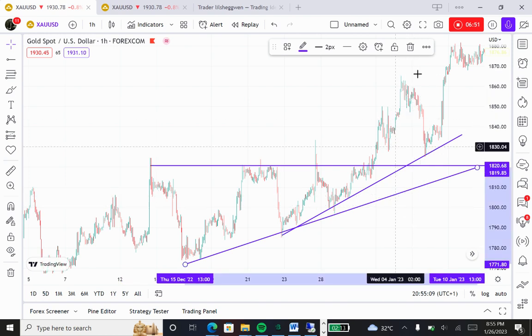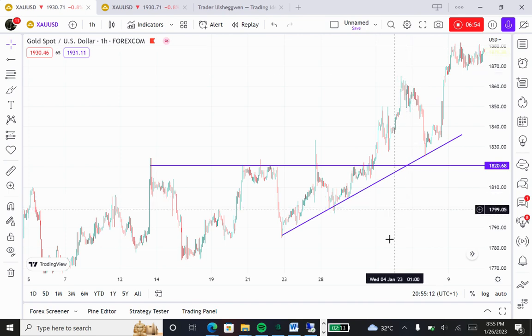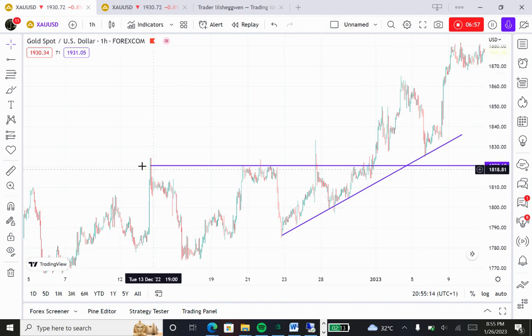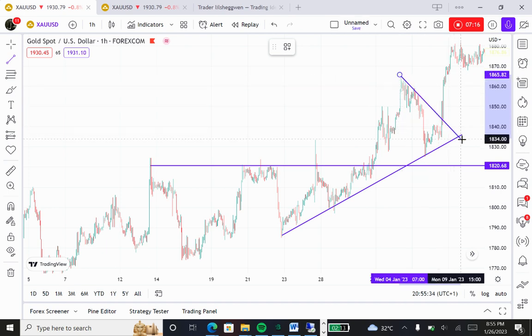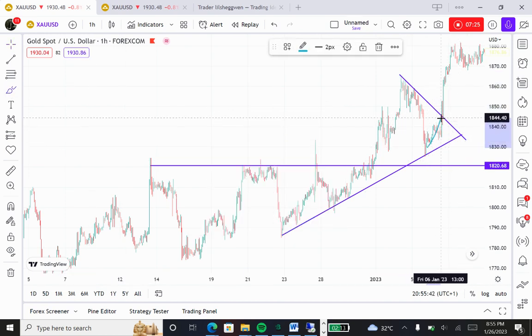If you have drawn something like this, permit me to take this off for now. If you have drawn something like this, the market actually takes off this previous high to give us a new high, then does a massive pullback to this point. Do you say we are now in a downtrend? Because you say, look at this big sell-off. Some people will start drawing a sell trend line here, because the whole idea of a trend line is to look for anything you can connect. They are expecting the market to come back to this point and then sell again because it's a downtrend. But if you look at what the market is doing,